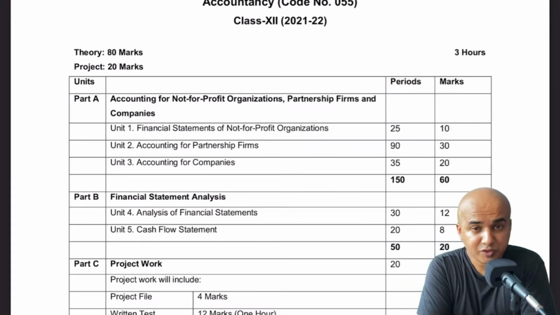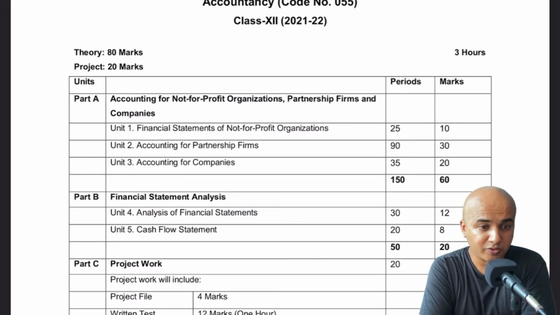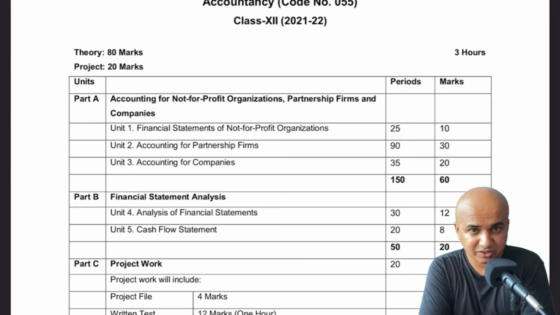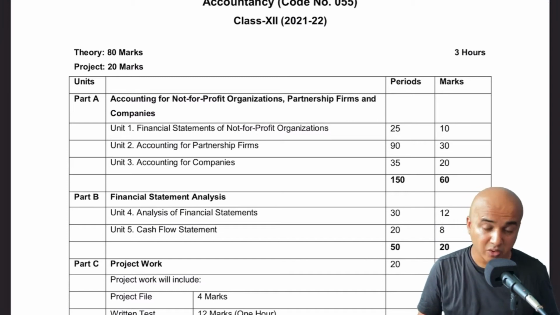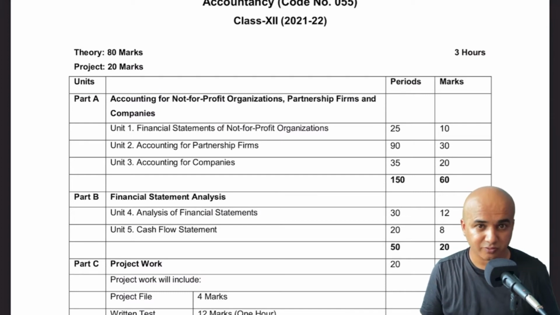Now, one thing which you have to notice is the syllabus has been divided into two different parts, part A and part B. Now, part A comprises of 3 units. Which are those 3 units? Accounting for not-for-profit organizations, partnership firms and companies. So these are the 3 different units which are there in part A, and the bulk of the syllabus I would say, is from part A, because if you look at the number of periods allotted for part A, it is 150 periods and the marks allotted for part A is 60,